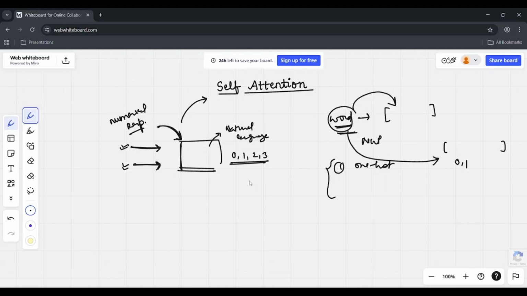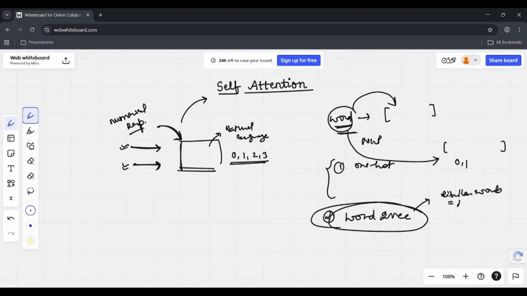So that is why other techniques were introduced, for example, word2vec. Now these types of embeddings carry the semantic meaning of the word, and similar words will have similar representations. So they will have similar numbers in their vectors. And it works on the ideology that if words are used in similar contexts, then those words must be similar.